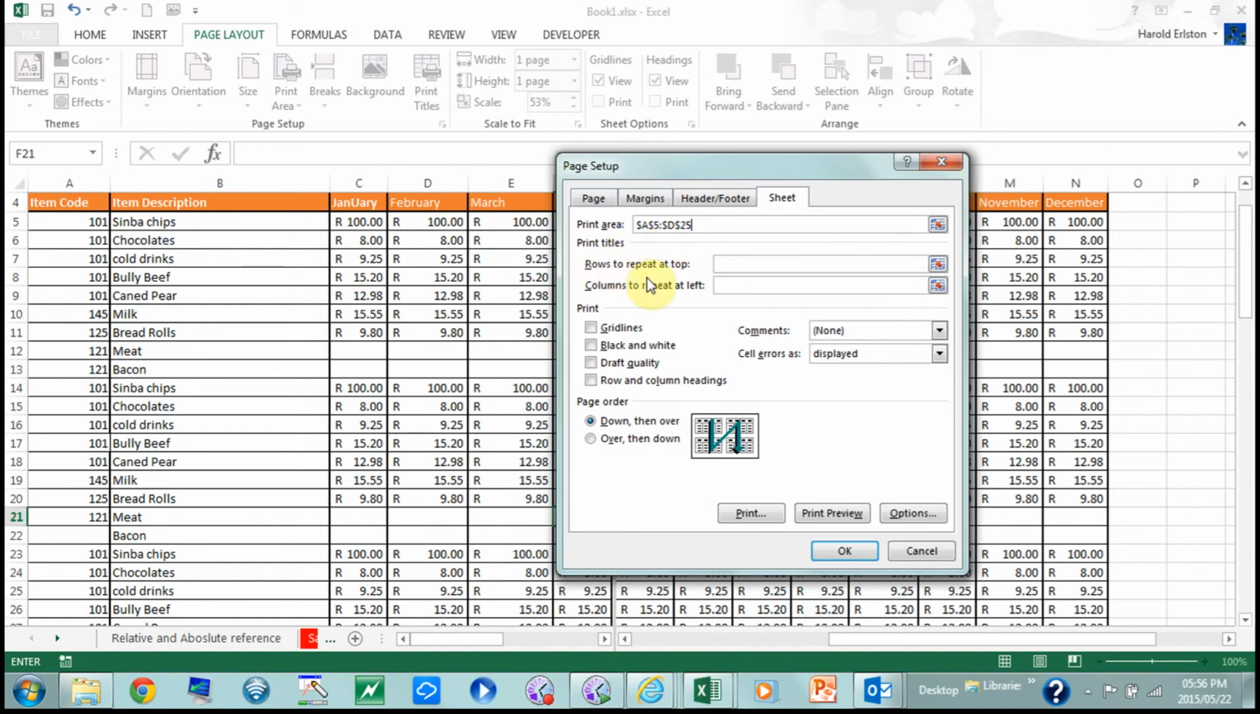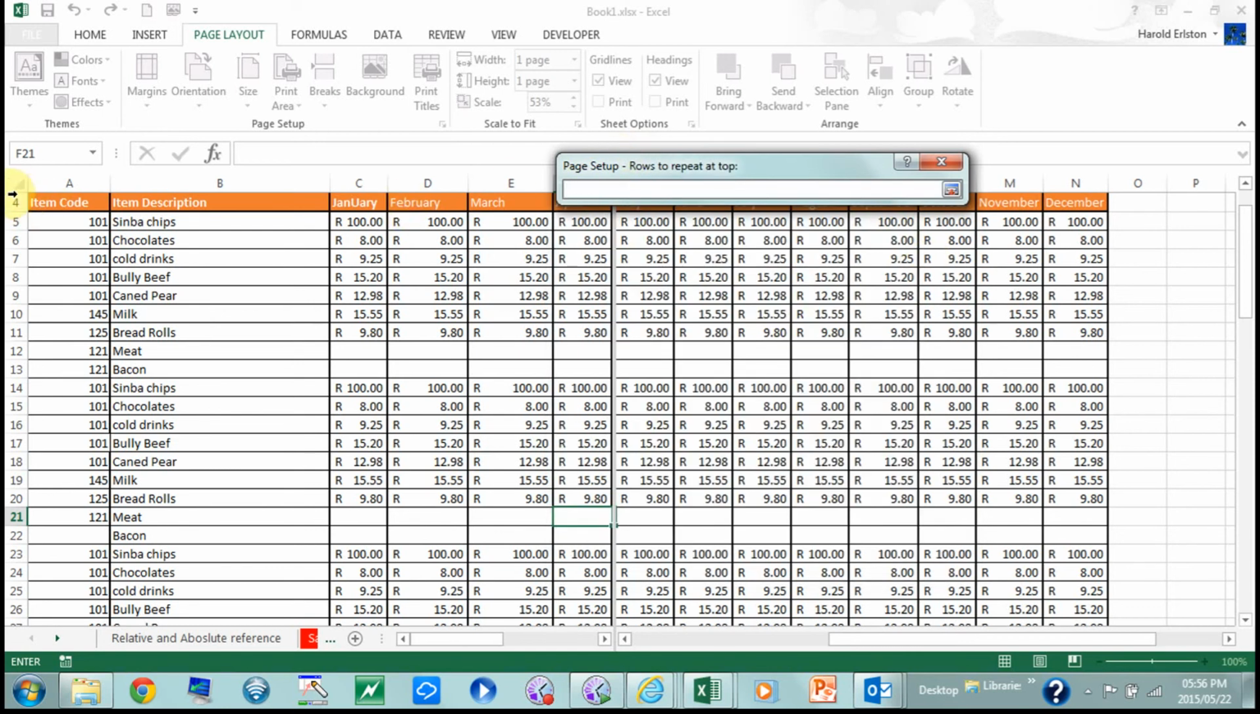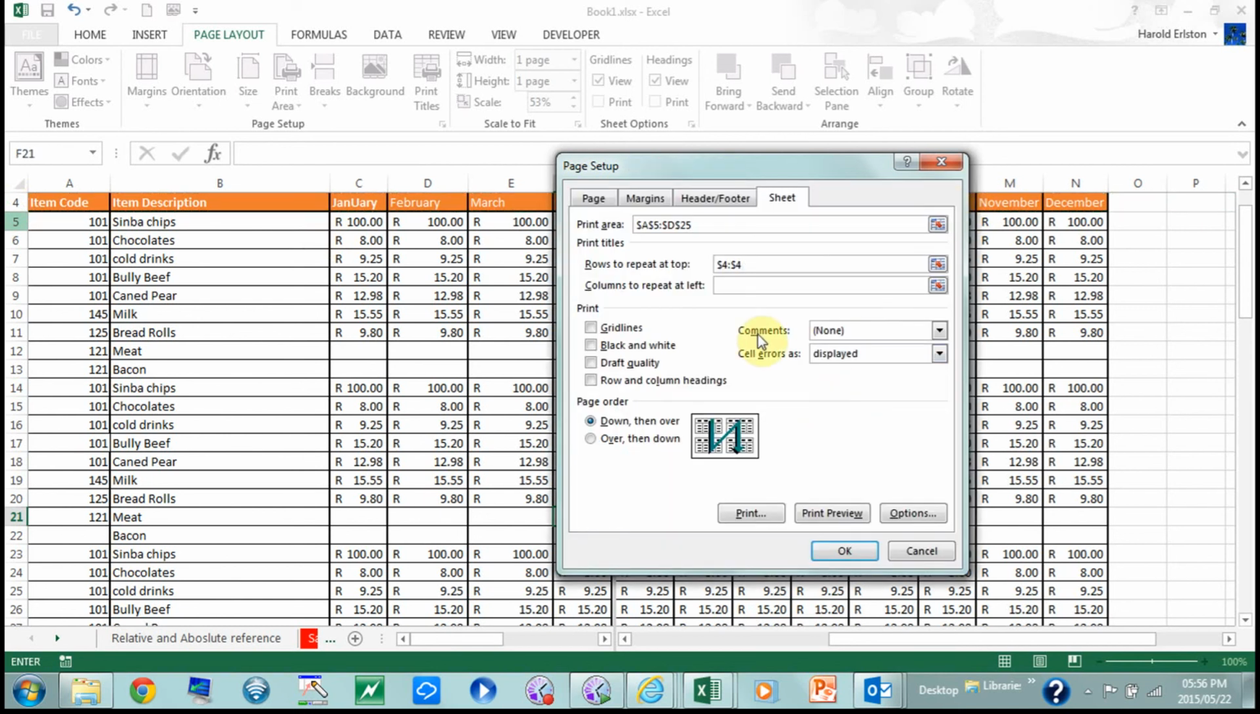Rows to repeat at top. If I wanted to go in and have my headers repeated on each page as I print, what I do now is select over here. Rows on top. Select the row. Notice as it's put it into there. Now what will happen is every time I print the spreadsheet, these headers at the top here will be added to each page. I can go in, I can print my grid lines, or I can remove my grid lines,